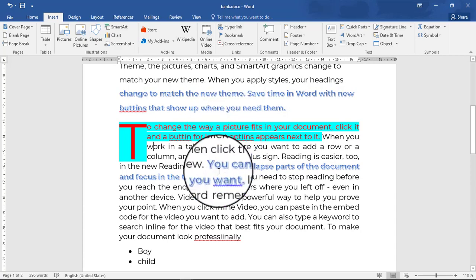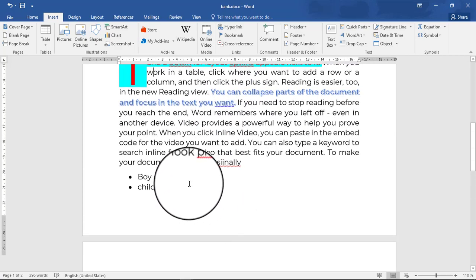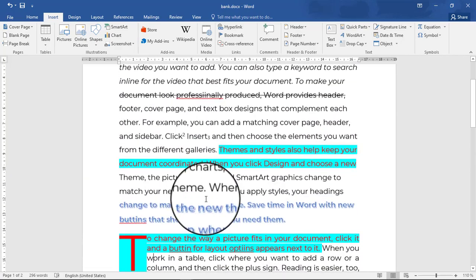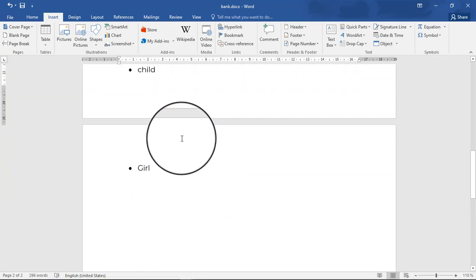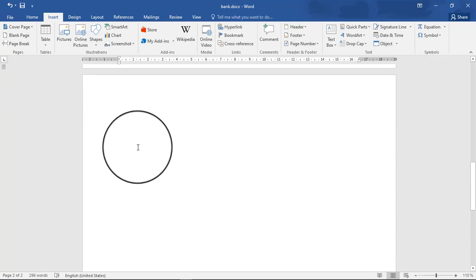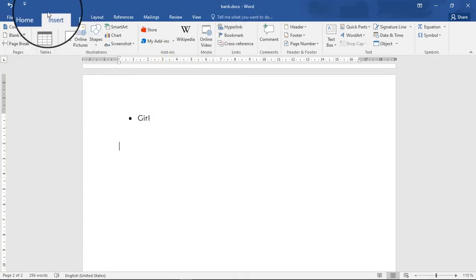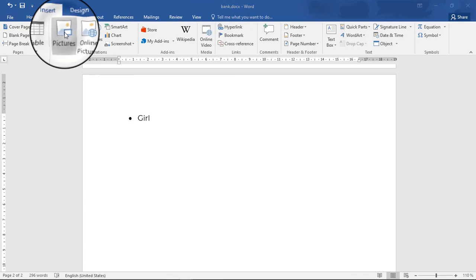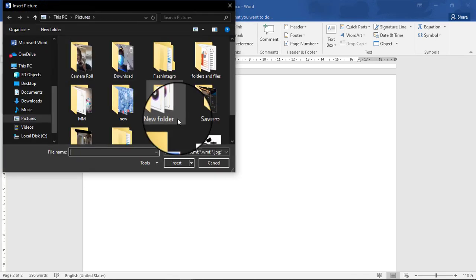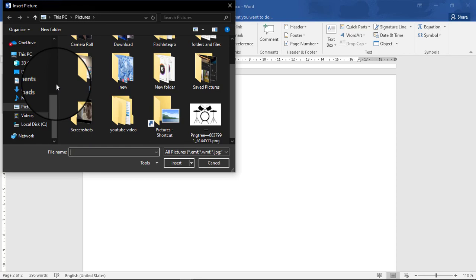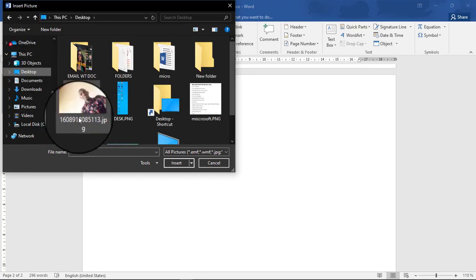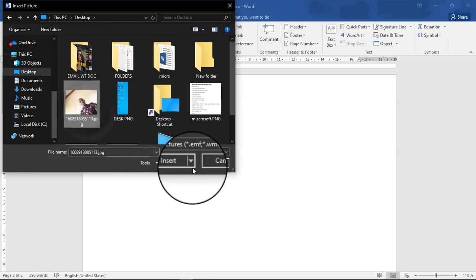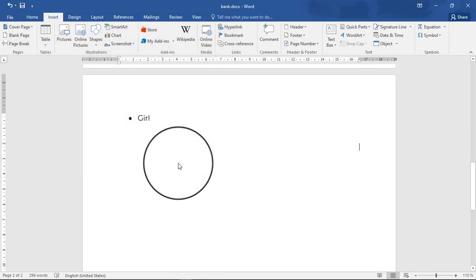So another thing we are going to learn about is to insert an image and remove the background. So inserting the image, you just have to place where you want that image to go. Maybe I want it here. Go to insert, then you move to pictures. Then you look for the image you want to insert there. My image is at the desktop. You look for the location. Then you place that image. Then you say OK. And the image will be inserted.